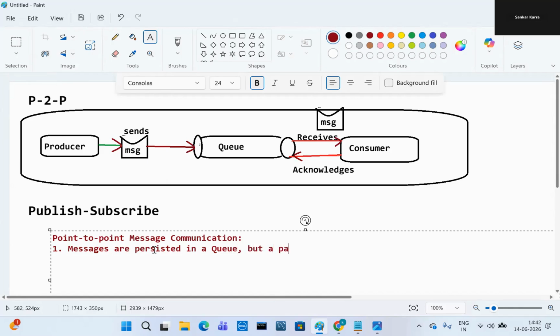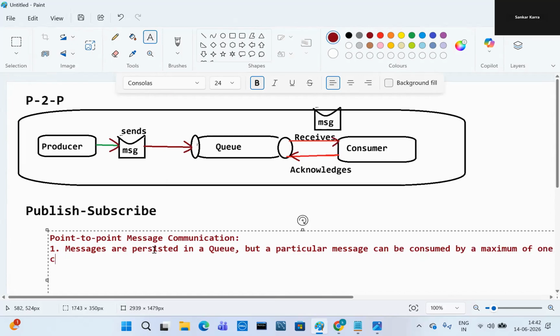But a particular message can be consumed by a maximum of one consumer only. This is very important. Only one consumer can consume each message.